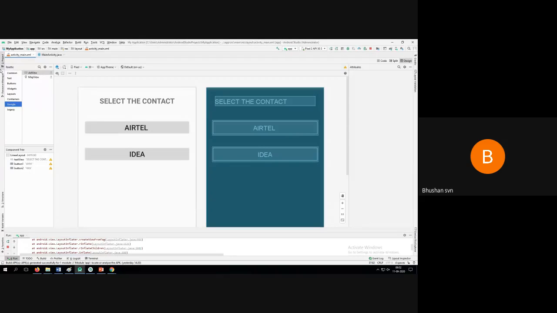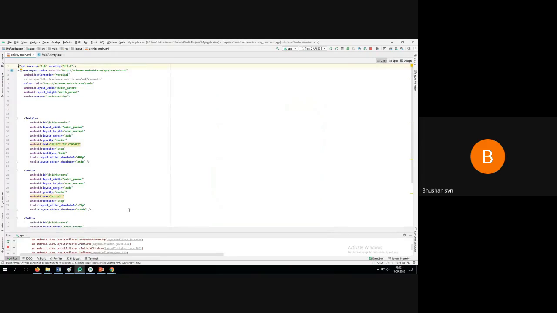Okay, so the framework which you try to develop for an application will have two main components. One is a design and the other is a code. See, I'm clicking here on the extreme right, you can see design. So when I click on design, whatever components I want from here, I can just drag and drop here. Similarly, if I click on code, there will be a code for the interfaces.